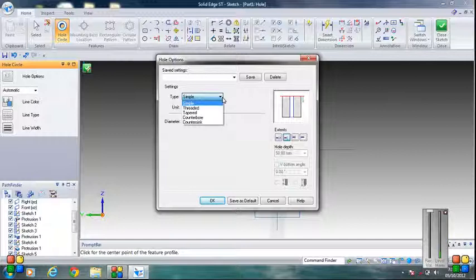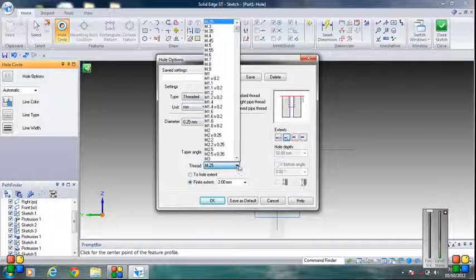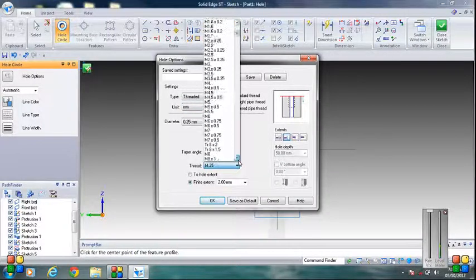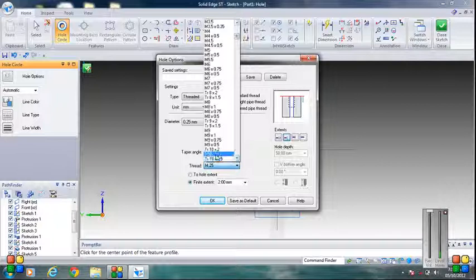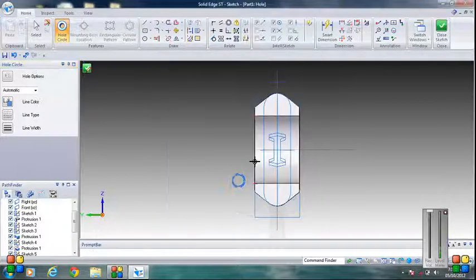Okay, threaded, go to M10, take M10, okay, thread depth is 15, then hole depth I will take it as 18, it is not given, V bottom angle, click on OK, take the center point of this and take this center.